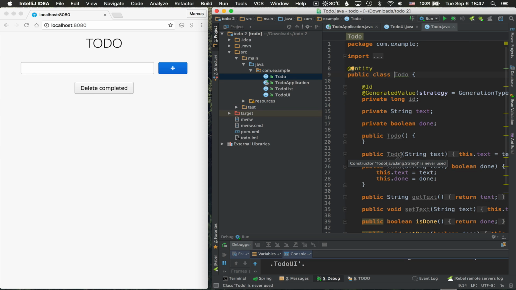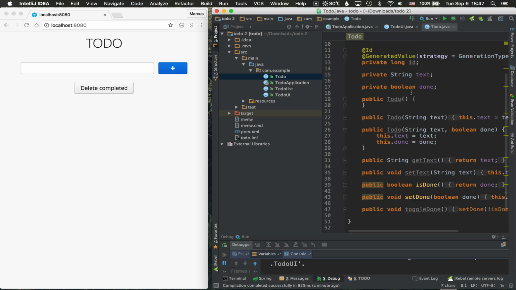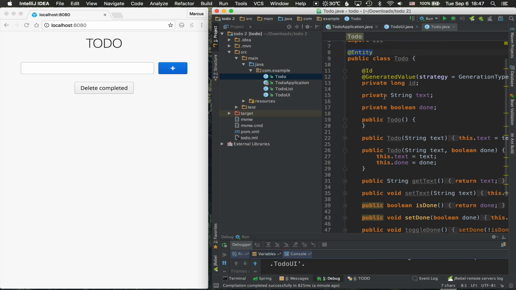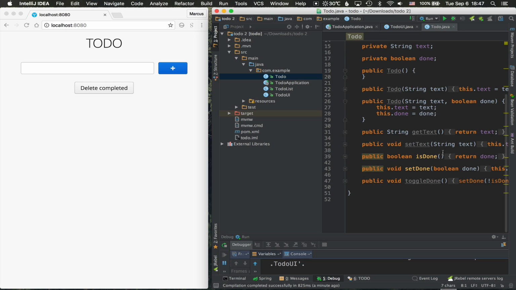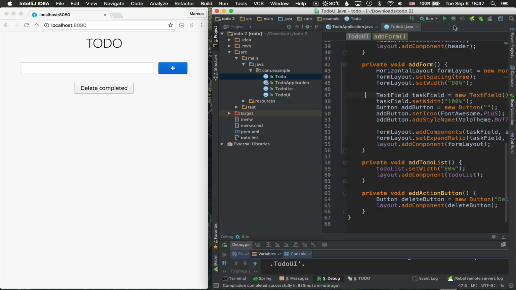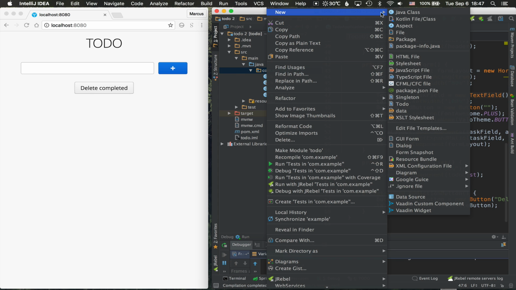In order to save some time, I've already pre-done this, but it's basically just a JPA class mapped with an entity. It has a long ID that's auto-generated. It has two fields, one for the actual text and one for the done state, and then there's a toggle method that toggles between done and undone. So with the ToDo entity in place, the next thing we need to do is create